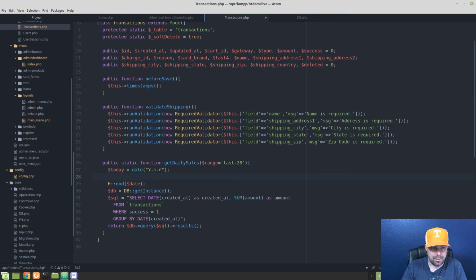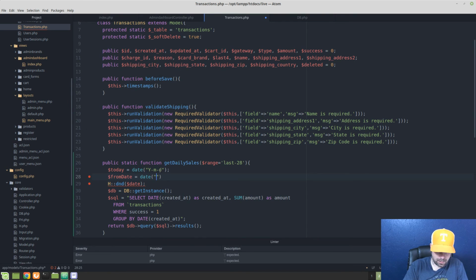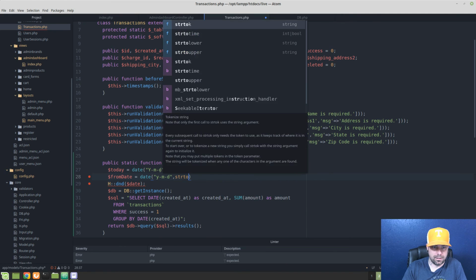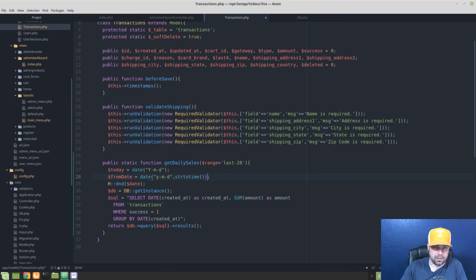What this is going to be, crap. We need to create some sort of way. First, let's just do the last 28. So let's just figure out 28 real quick, and we'll do that. So we can do string to time here. So we're just going to do a from date, and that's going to be equal to date, and we're going to do y-m-d. And the date will be string to time. All right, and then what we're going to do here is extract that, and we're going to say